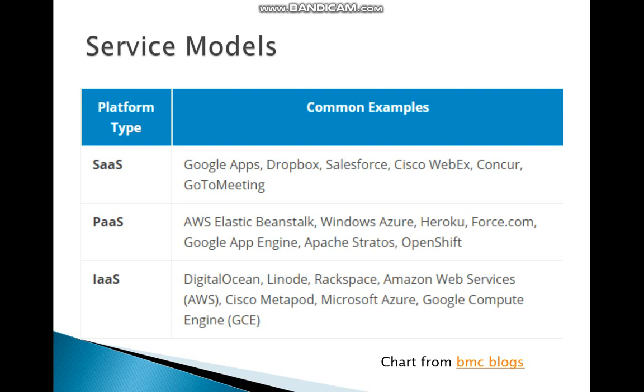And PaaS, AWS Elastic Beanstalk. You can deploy your application on the AWS cloud without knowing about the platform, irrespective of the platform you are using or the infrastructure of your application. You can deploy your application with any configuration or any infrastructure on the AWS cloud. The Heroku